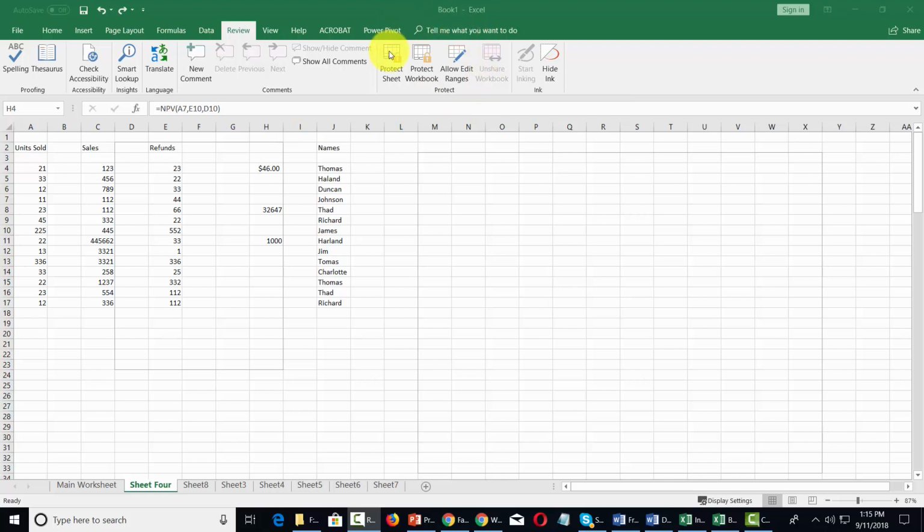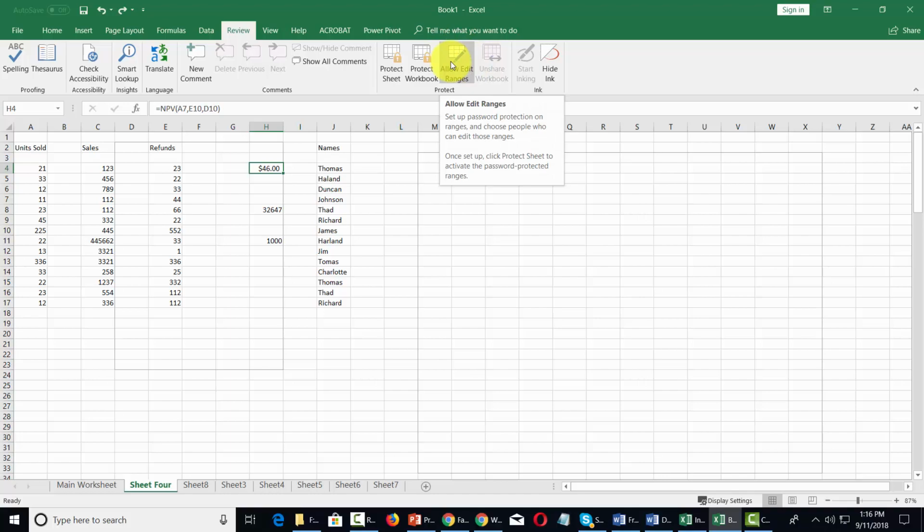And when you're protecting either the workbook or the sheet, what you're doing is you're keeping others from being able to edit the document or change the data in it. So for example, what we can do in this case is we're going to click Protect Sheet. What we can also do is make it so that the people we're working with can change some sections of the document. In that case, what we're going to do is we're going to use this area that says Allow